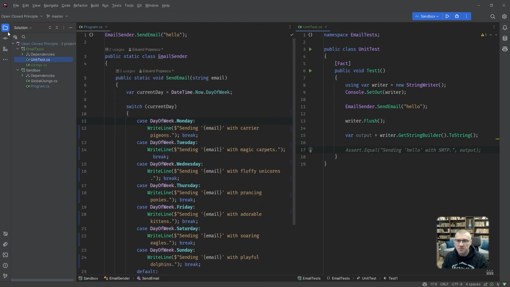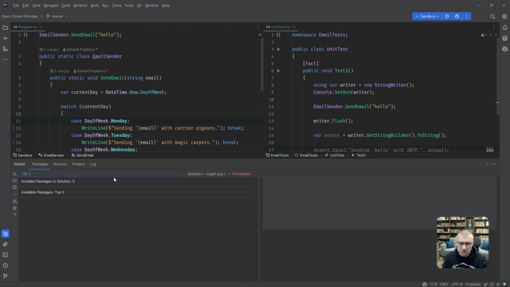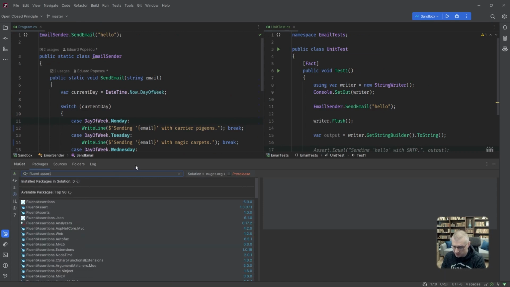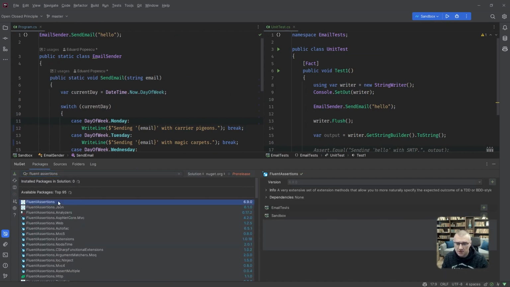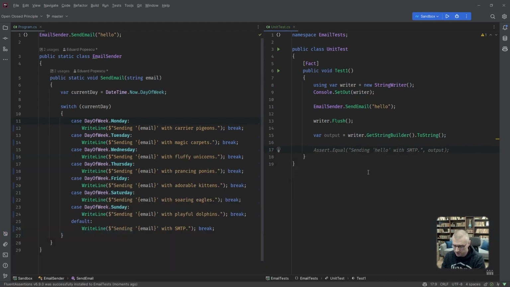However, if you remember from our previous video, I want to install one package, I need just one for now: FluentAssertions. This is a cool little package. I'm going to demonstrate it or go into detail about it in another video, but for now, just take my word for it.